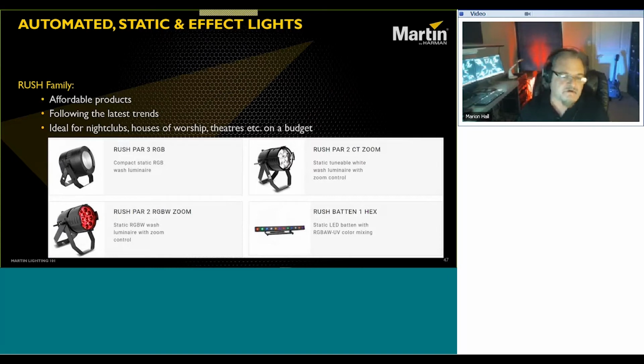And then to our Par2 RGB Zoom and the Par2 CT Zoom, these have been very popular products. We sell a ton of these to houses of worship specifically, where they have a very low ceiling, like 10 to 15 feet throw, maybe 20 foot at the most, because it has a variable zoom on it. So, and it's very affordable, by the way,